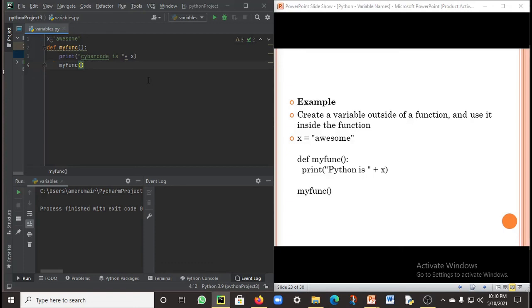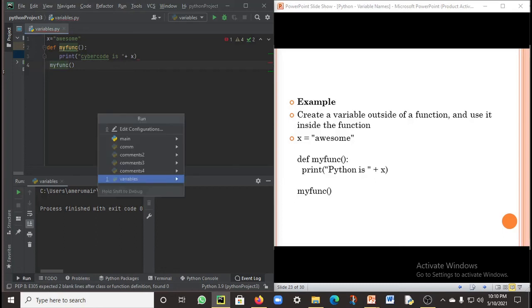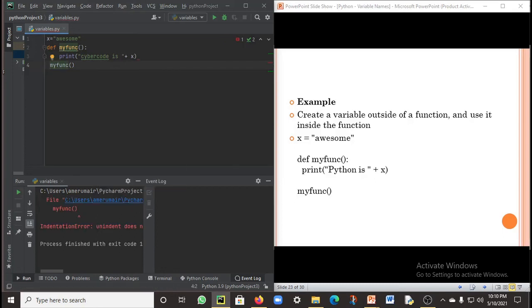Yeah, this is not going to work. So in my function I have got an unexpected indent.